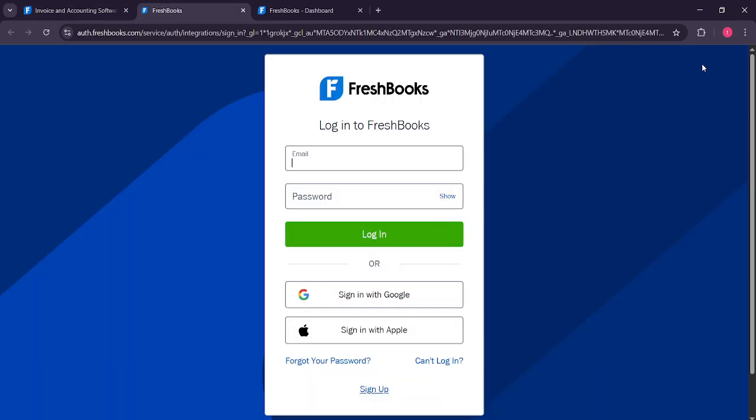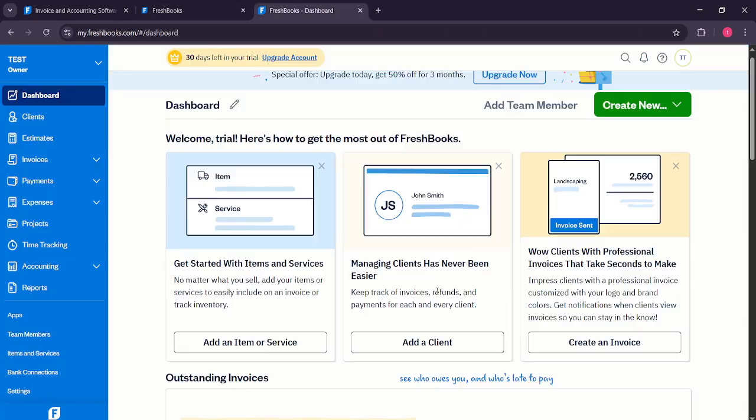Give that a click. Next up, you'll need to sign into your Freshbooks account. Use your preferred method of signing in, whether it's through your email and password, or any integrated social login options Freshbooks provides. After you've successfully logged in, you'll find yourself on the Freshbooks dashboard, which is essentially your command center